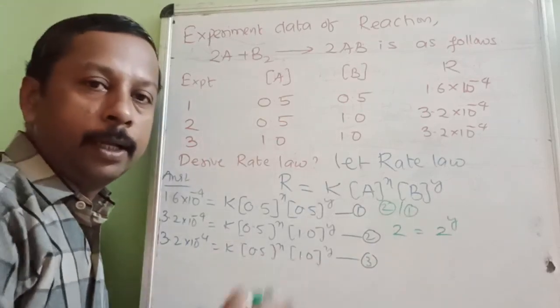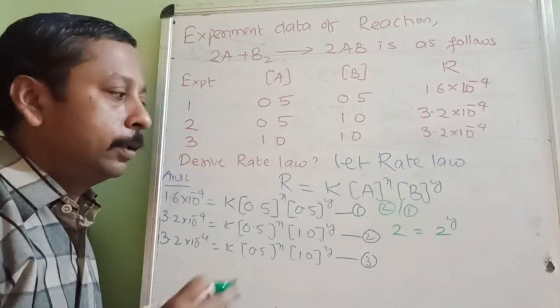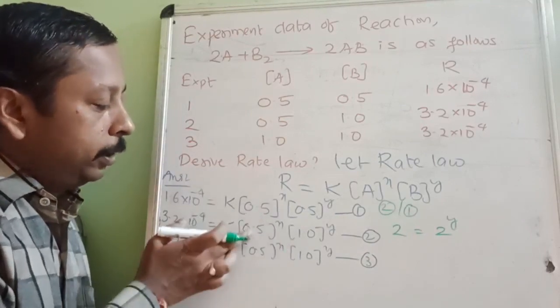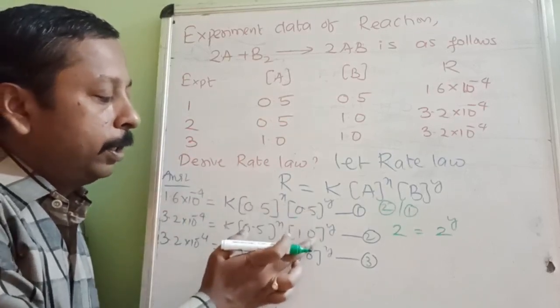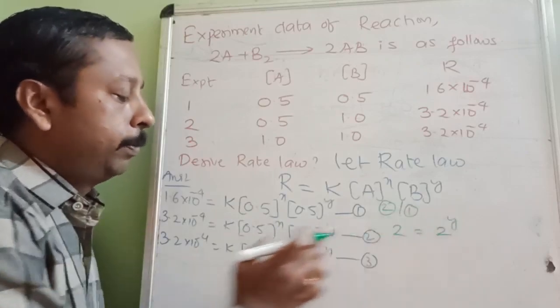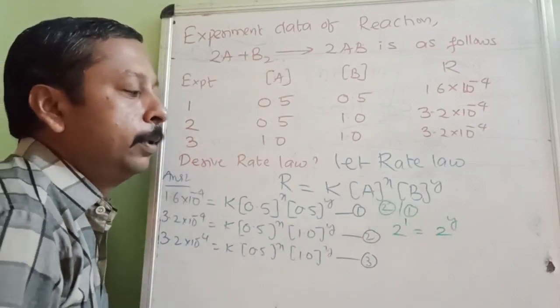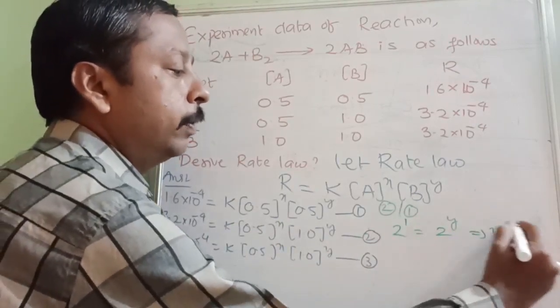Should I give you the perfect explanation? I don't think so, because you are all smart enough. By dividing these two, this is completely cancelled and this is completely cancelled. 1.0 divided by 0.5 gives 2, that's why it is 2 to the power of Y, and here also. So the bases are the same, therefore on comparing the exponents, Y is equal to 1.